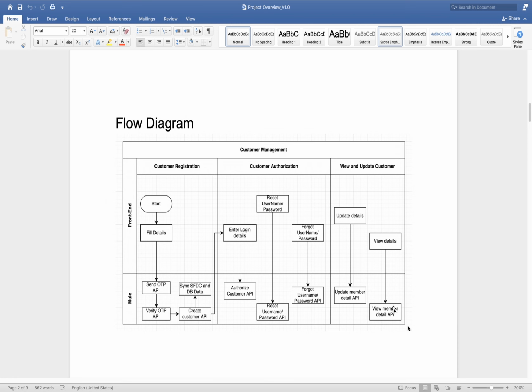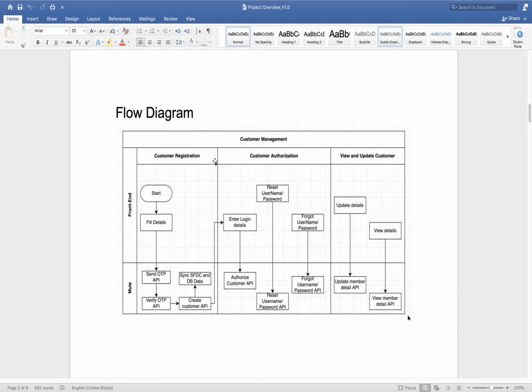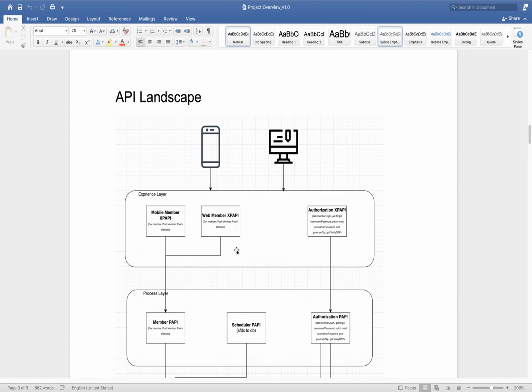So this is the flow diagram of everything we have in our customer management module. It starts from registration, then login, and then customer profile management.